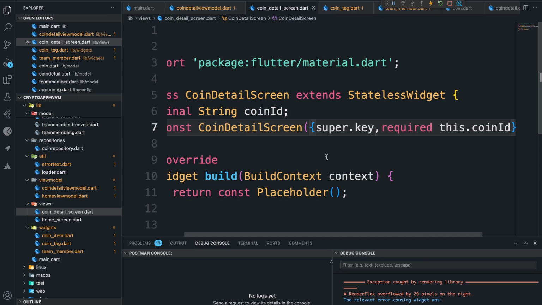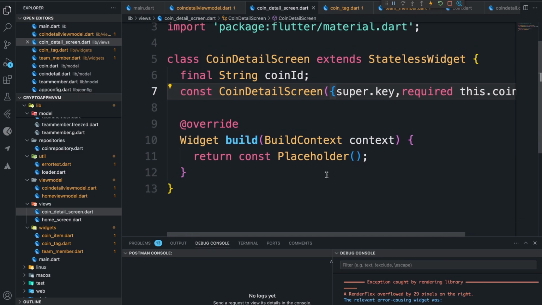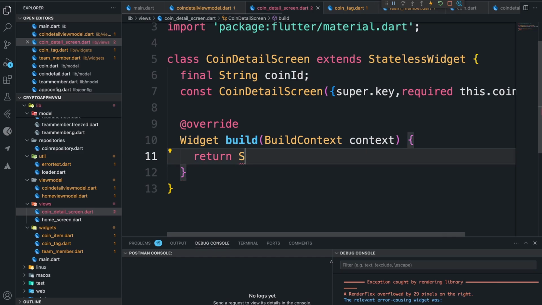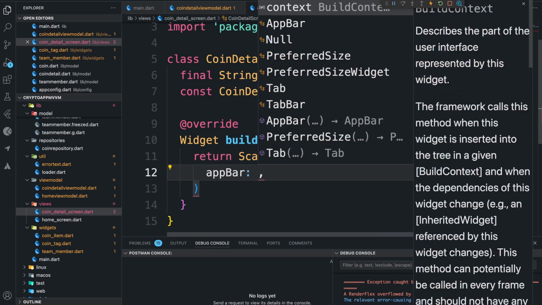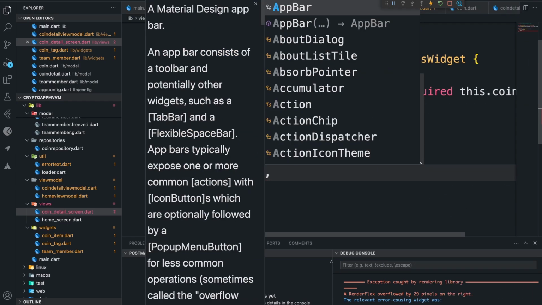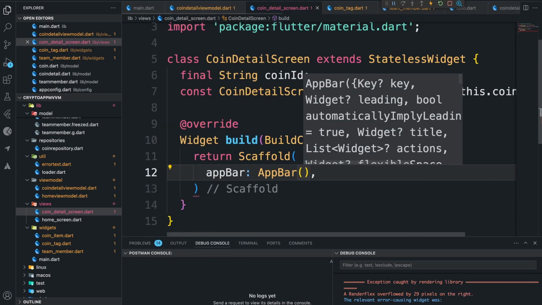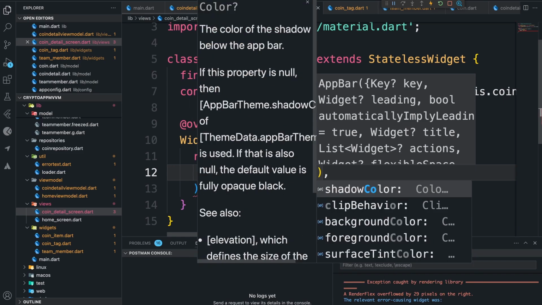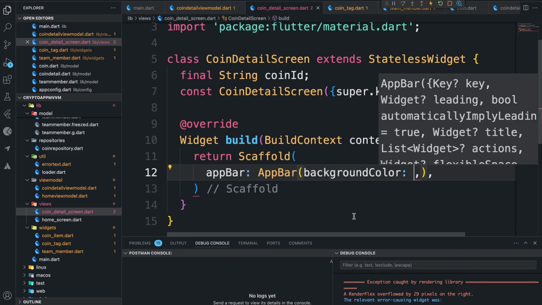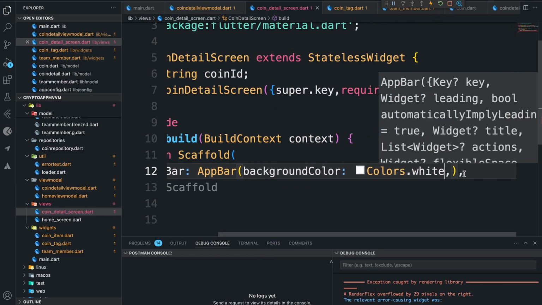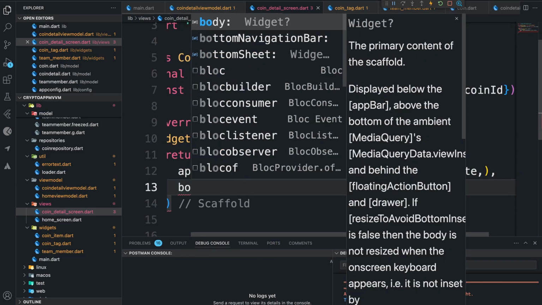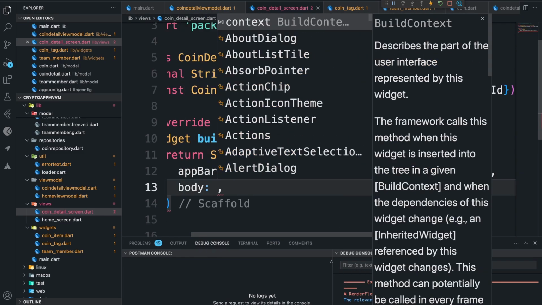Okay, so now the next thing that we need to do is return a Scaffold, and then an app bar. For the app bar, we're just going to give it a background color of white. All right, so now we have the body. So inside our body, what we are just going to do is